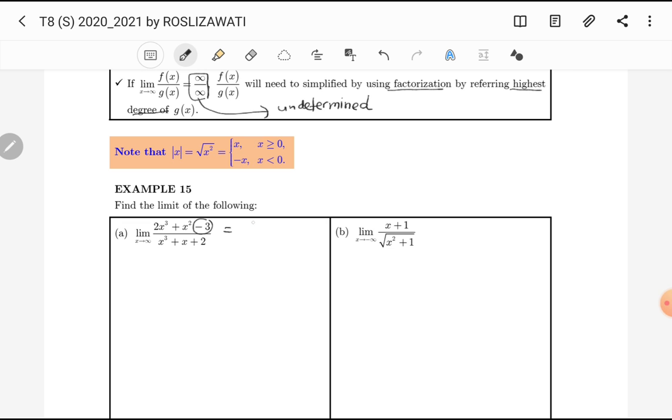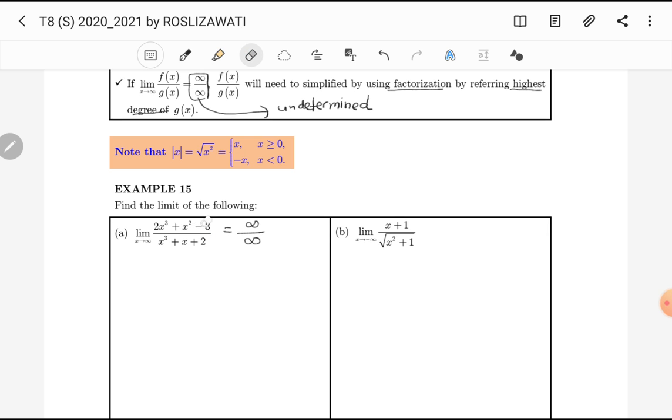So kita akan dapat infinity over, kat bawah pun awak cuba ganti, infinity cube is infinity, plus infinity. Dia dah lah infinity, plus lagi infinity. So dia akan jadi bertambah besar. Still infinity lah. And then plus 2 belakang tu tak ada efek apa-apalah. So infinity over infinity,